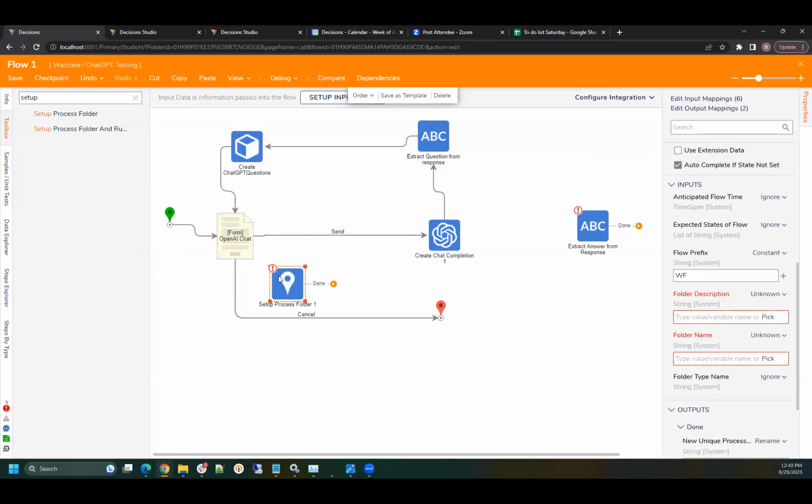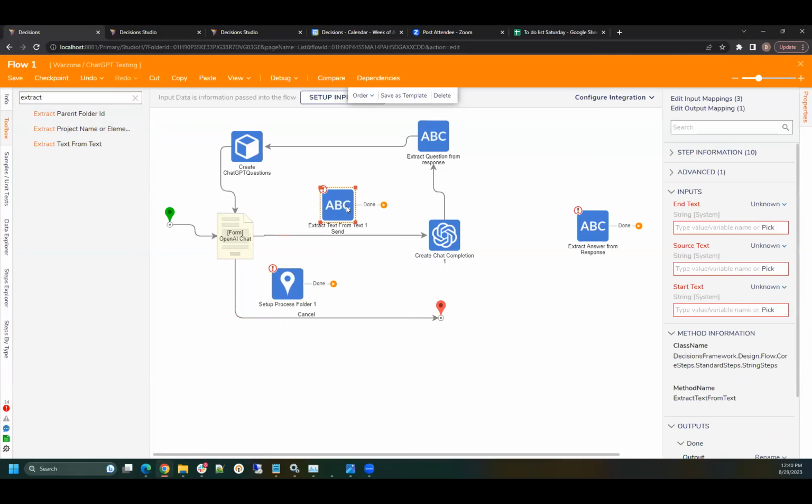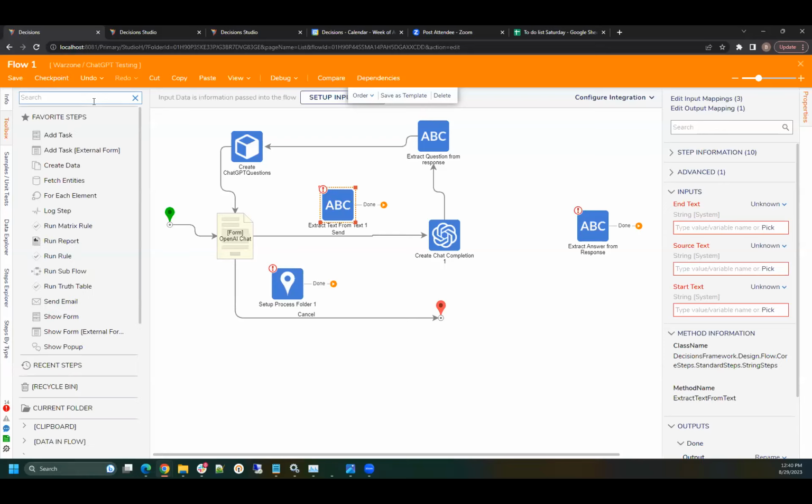Year, month, is there a way to just create a query? I bet you could come up with some flow logic to do something like this. So we can extract from text. You use like an extract from text. We could probably use an extract from text to get